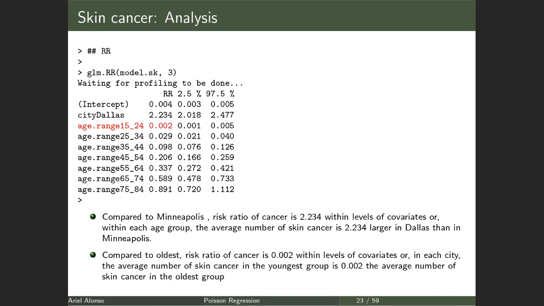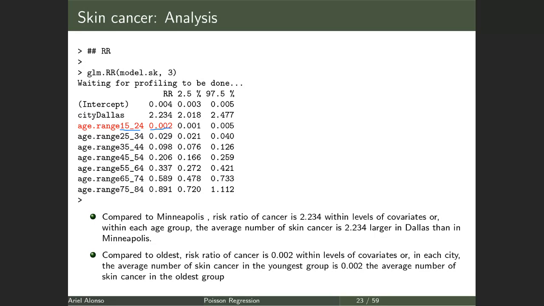What about the age? Well, here you have the difference estimates. This is the exponent of the coefficient you got for the age between 15 and 24. What would be the interpretation of that? Now you have to observe here that the reference category was the 85 plus. That's the oldest group, right? So you need to interpret this relative risk in comparison with the oldest group. So compared to the oldest, the risk ratio of cancer is